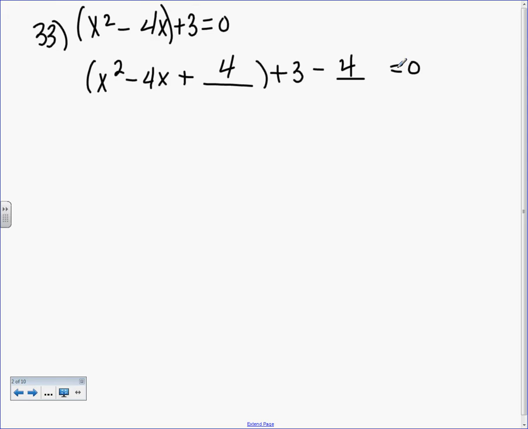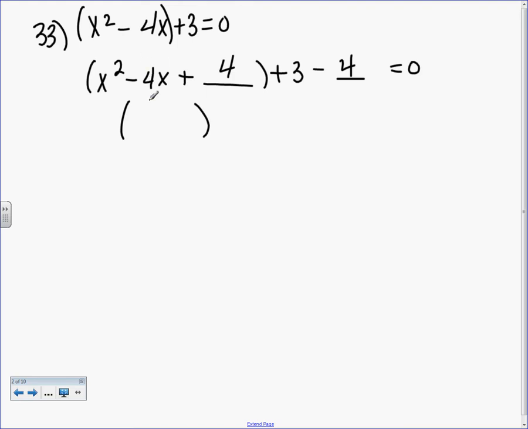Okay? So we have created what's called a perfect square trinomial. This is a perfect square trinomial. This will factor every time, unless you obviously pick the wrong number, then whoopsie, okay? So we're going to factor it using a shortcut. You can factor it any way you want to, but it's going to be the same thing every time. It's always going to be a perfect square trinomial, so we're always going to factor it the same way. So let me show you what a perfect square trinomial is, and then I'll show you how to factor it,